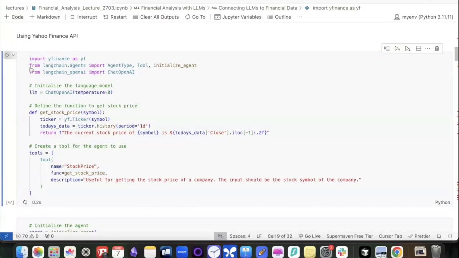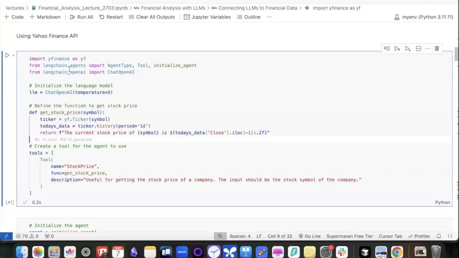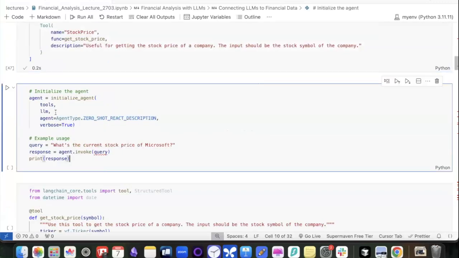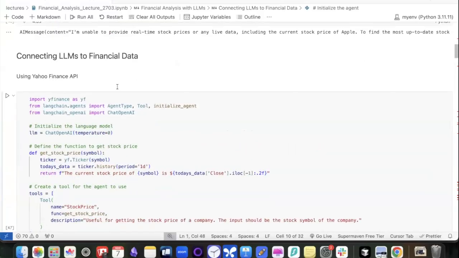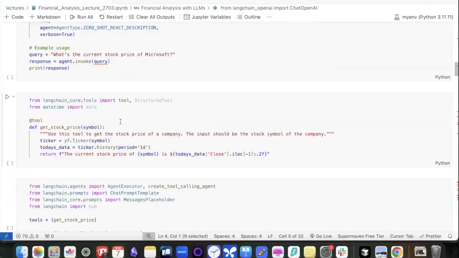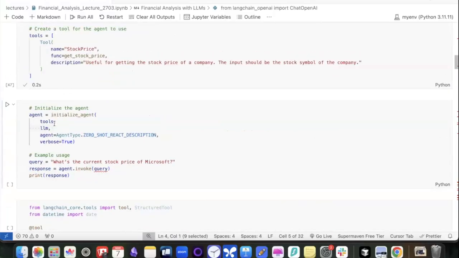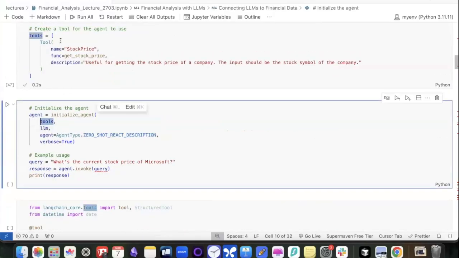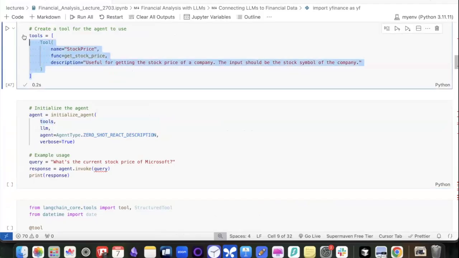And again, I will also show you other, simpler ways to write the code. But just understand that we are defining a simple tool here that is helping us connect a GPT model to real data. This is how you connect it. You just take an LLM, which is already defined, which is GPT-4. I'm telling the GPT-4 model, and I'm connecting it to this finance tool, the stock price tool that I've created.